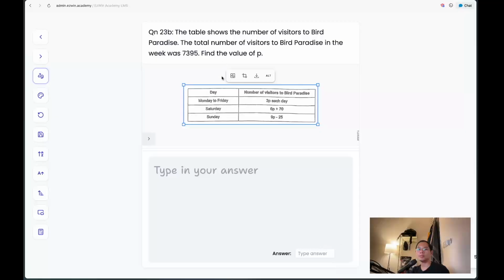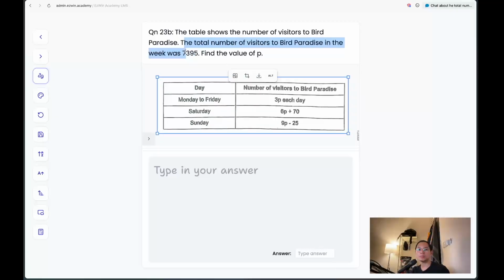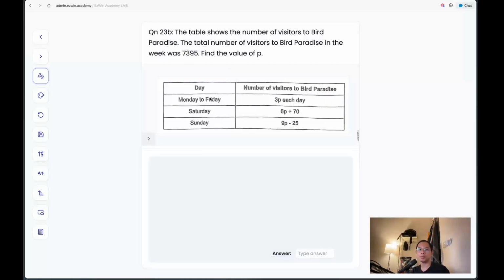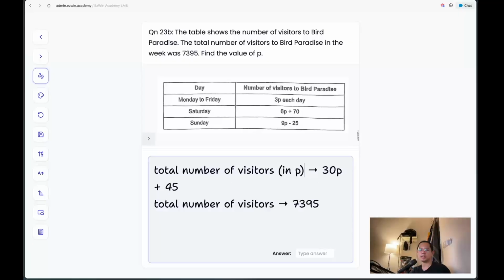So for part B, find the value of p. So we know the total number of visitors to the paradise is 7395. Total number of visitors for the week is 7395. And from the previous part, the total number of visitors in terms of p is 30p plus 45. So that means 30p plus 45 is equal to